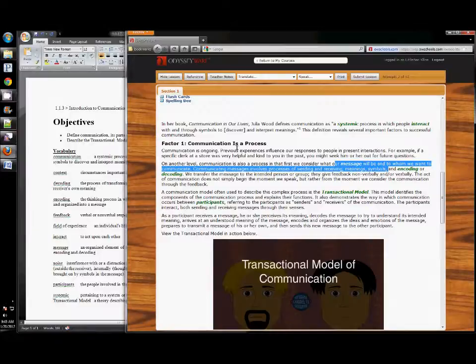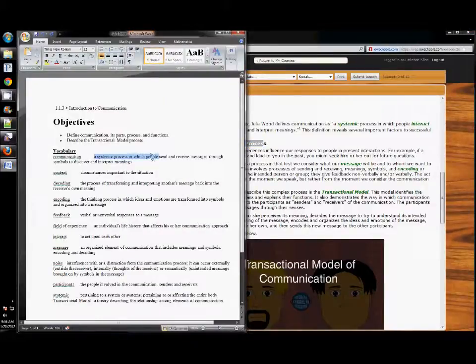This process involves messages. It involves encoding. It involves decoding. Okay, encoding and decoding go together. Coding, what's that? And then N and D, what's that mean? Oh, this transactional model, that's part of the objective. It's one of the objectives to describe the transactional model, right? And look, the other one was define communication. Well, communication is, so a process is part of that definition, right? In fact, it's a systemic process in which people send